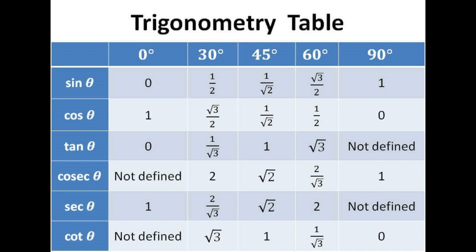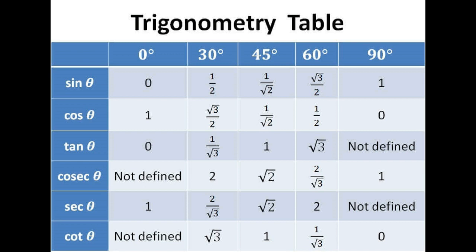And the reciprocal of tan we know is cot. So the reverse of tan's values will be the values of cot. Whatever we have just said, just reverse them. So what did I say in tan? 0, 1 upon root 3, 1, root 3, not defined. Because around the 1 we have 1 upon root 3 on the left and root 3 on the right. There is no 2, of course.